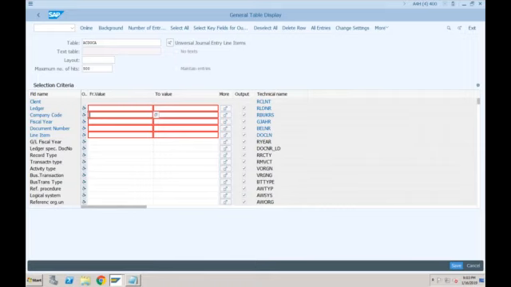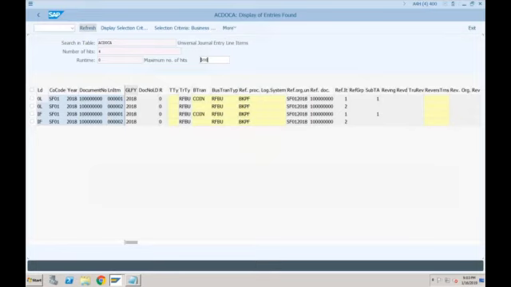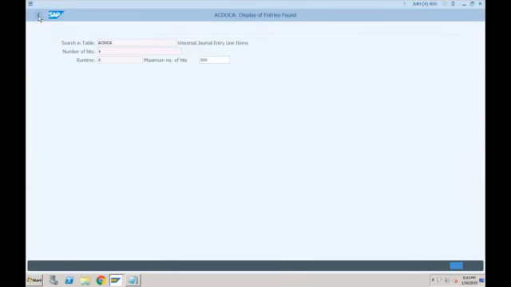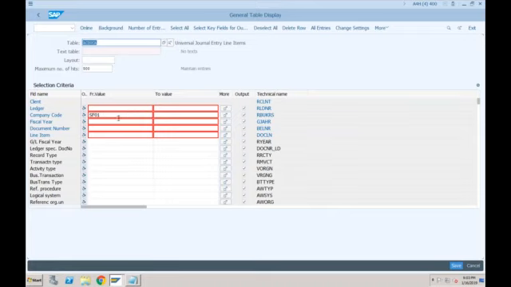No, you mean to say in ECC you have ACDOCA? No, it's only in S4. It's only in S4, but then what is the difference? Even BKPF and BSEG are available in both, right? Okay, so let me tell you this.